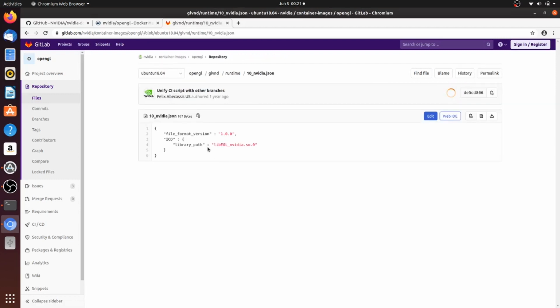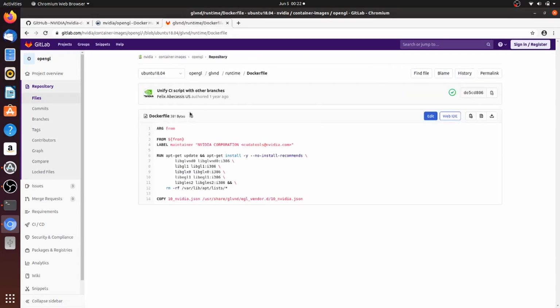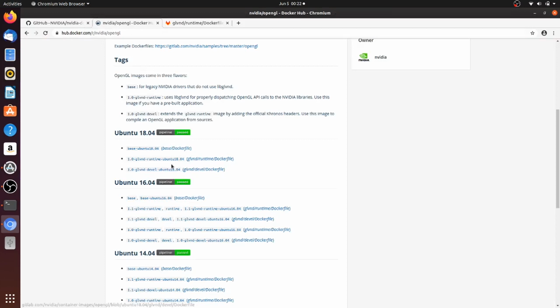So in this JSON file they have mentioned the version of the file and then the library path which NVIDIA needs to refer. So I think this is very simple. So we are going to use this image only. I don't want to hide anything. You have to understand what image we are using and what is inside. So we will use this image